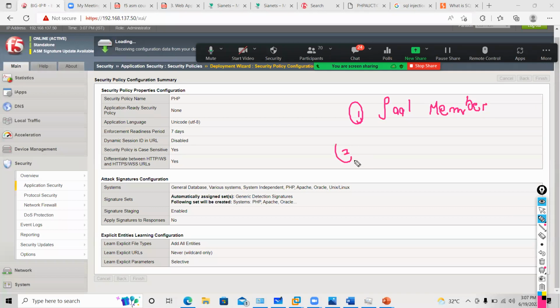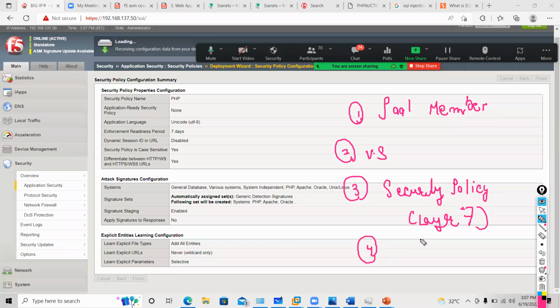Then I created one virtual server. Now I'm creating one layer 7 security policy. Now the next task would be, I will call this layer 7 policy on my virtual server